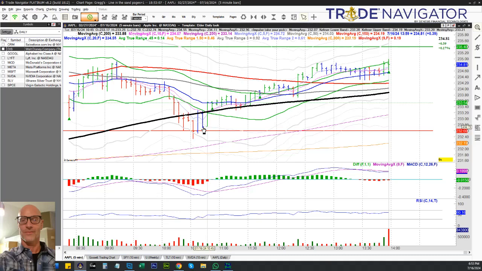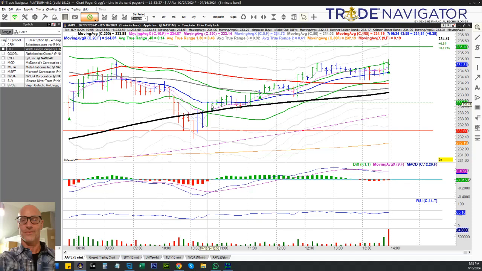It was a close under, close over the 200-day moving average. And like I mentioned, it gets bonus points because it came from a higher low. This low was higher than here. Okay, so close above the 200, got in at 233.54, placed my emergency stop 2 ATRs below, and then my end